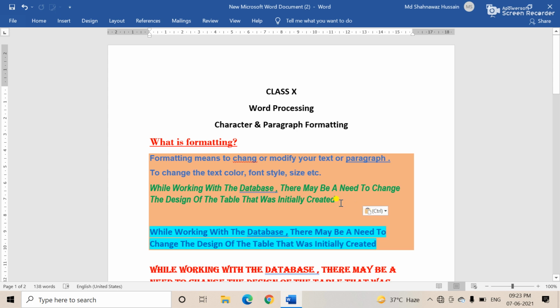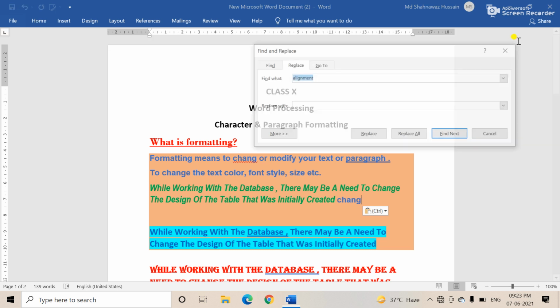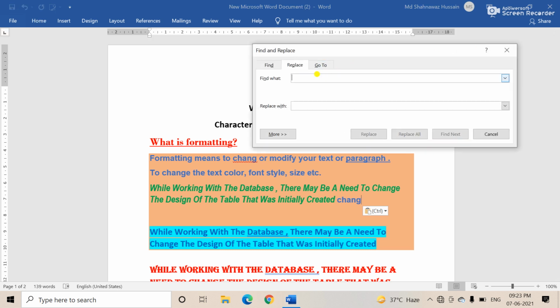Here and here, in two places, I used the same wrong spelling. So I want to replace it. First I find the wrong spelling and then replace it with the correct spelling, CHANGE. Okay, understood? See, I wrote CHANG by mistake, E is not here. In two areas I wrote the same spelling, so I want to change it in a single click.